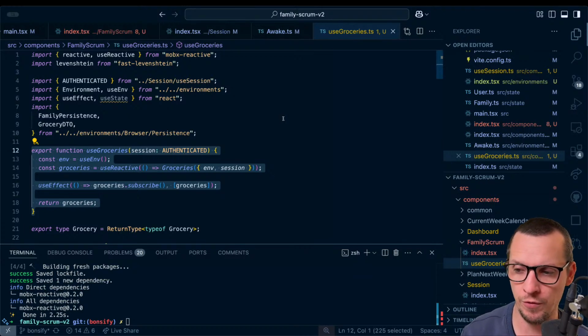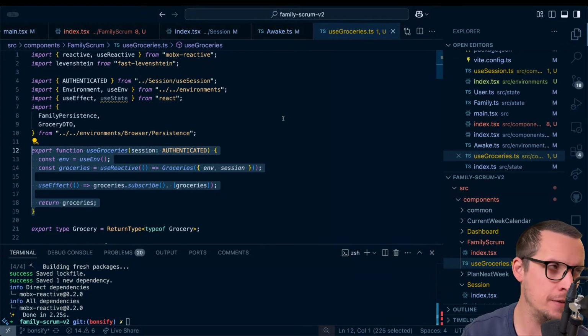So now I have to remove that state branch and add this state branch.